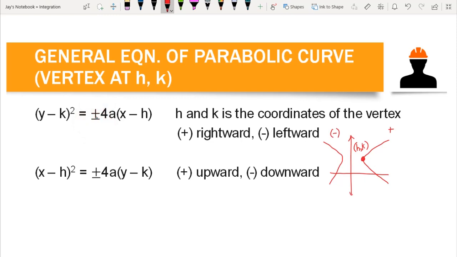Now, k here is the y coordinate of our vertex, and h here is the x coordinate of our vertex. Now, for this general equation, we have (x - h)^2 = ±4a(y - k). So it is different. We have our x here in the second degree since it is being raised to 2. So therefore, if we have upward,